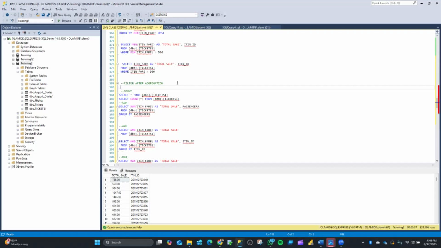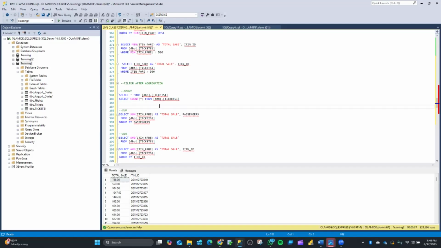There's no way you can just say passenger greater than 5. You have to do the aggregation first, then you throw in the where statements. So now let's do that and see how it works. How are we going to do that? We are going to use